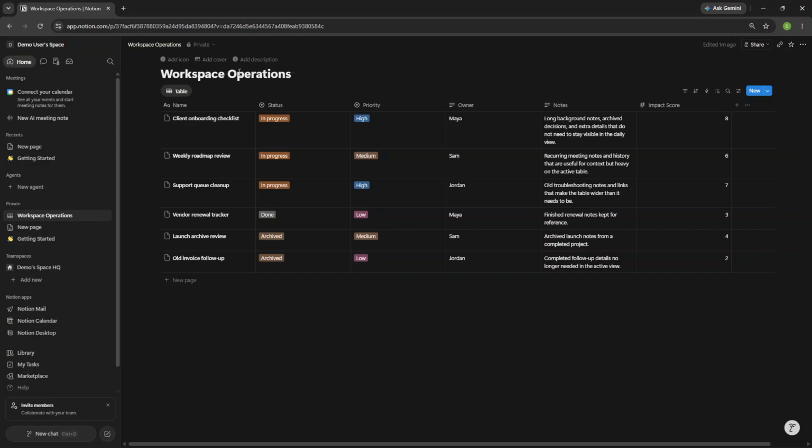Let's get started. First, head over to the left sidebar and click the database page you want to work with. Once it opens, take a quick look and confirm the database is showing rows with different property headers across the top. Next, look at the Database View tabs at the very top of the database and click the plus icon